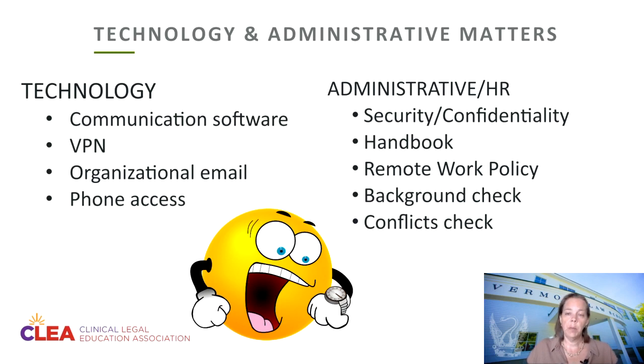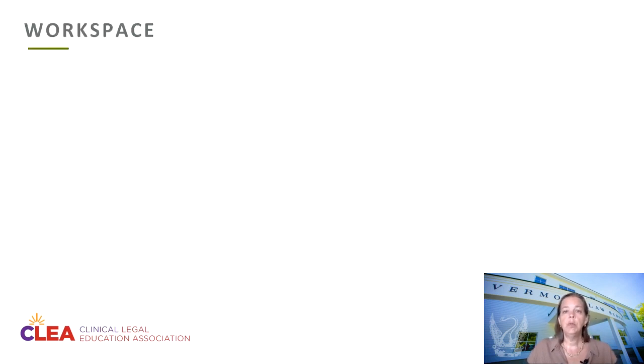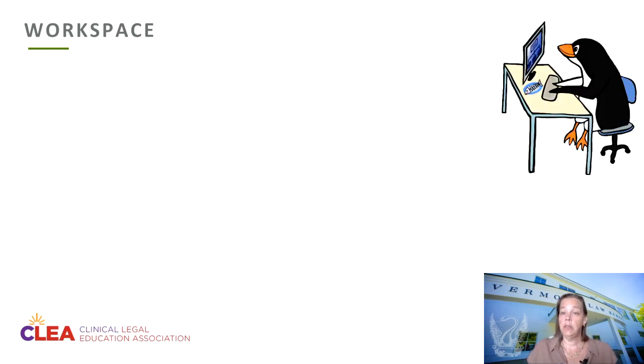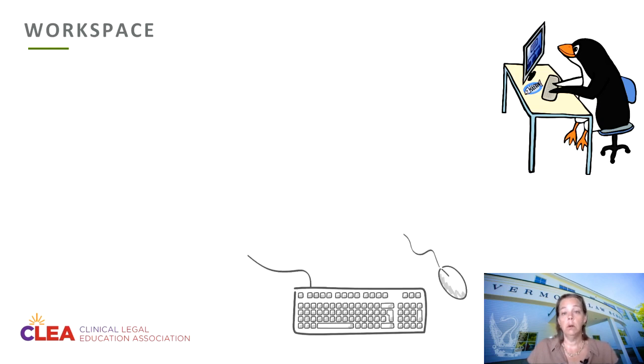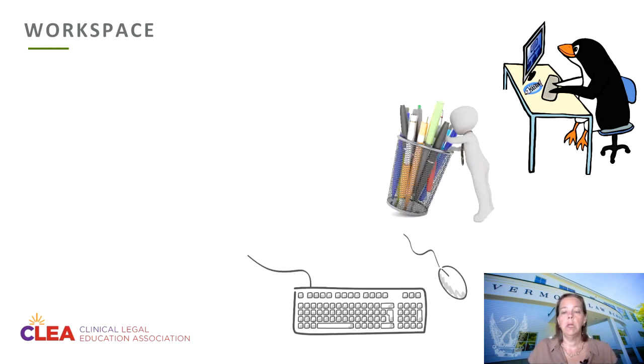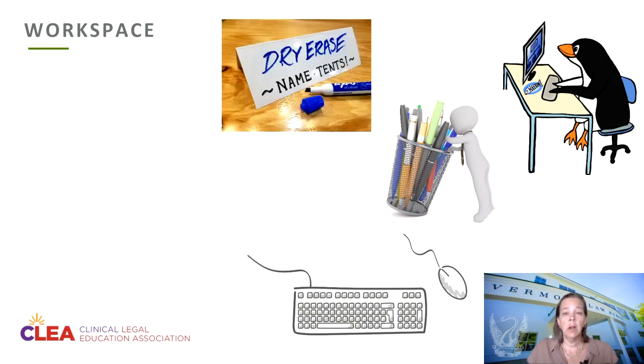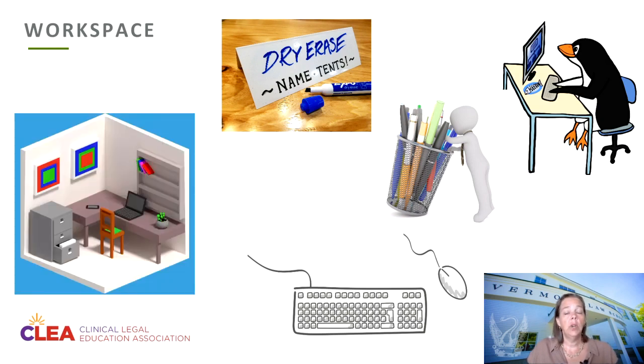Before the students arrive, think about workspace. For the students who will be coming to the office, even part-time, where will the students sit? Is there a dedicated space? What furniture, peripherals, or supplies will the student need? Is it possible to get some sort of nameplate? Even something printed on cardstock and attached to their cubicle with thumbtacks before they arrive. Don't underestimate how welcoming it can feel to the student to see their name already up in the office space on the day they arrive.